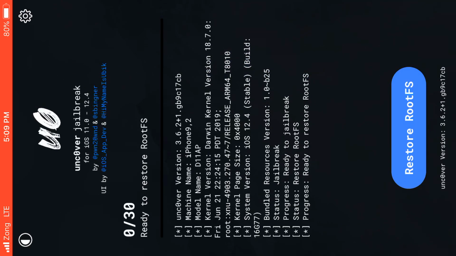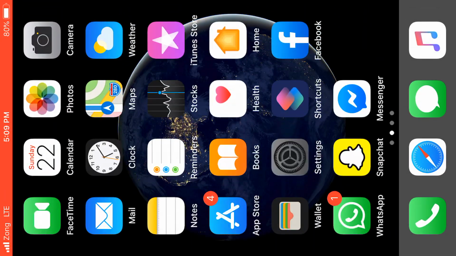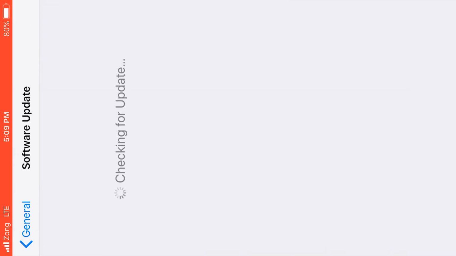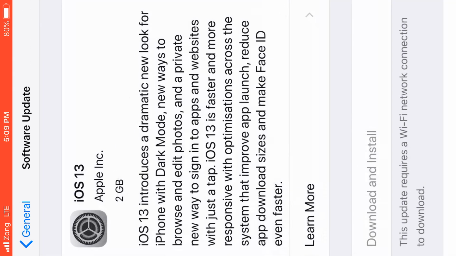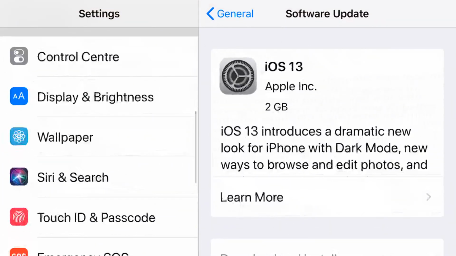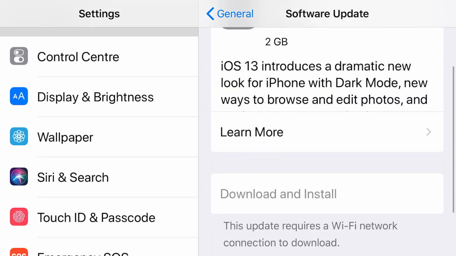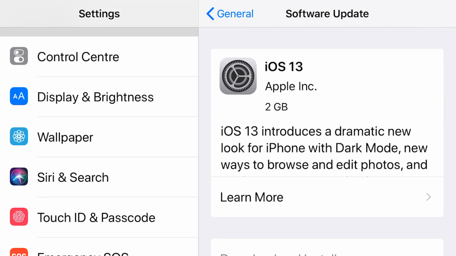Okay, done. Once you click restore root fs, your device will restart once, and when your device has restarted, just go to settings, general, software update. Here we go. So here you can see iOS 13 is available over the air with this